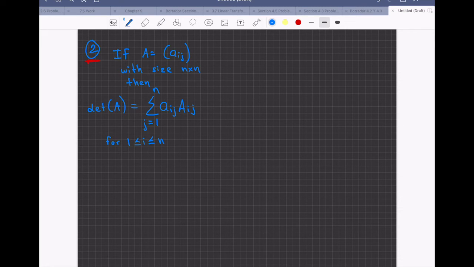It seems like I'm using the same definition for determinants that I have used before, but no,